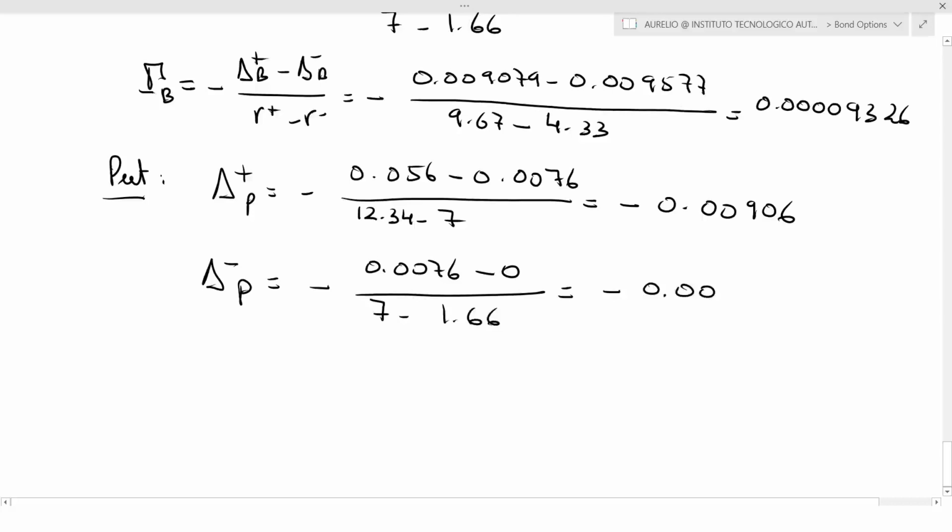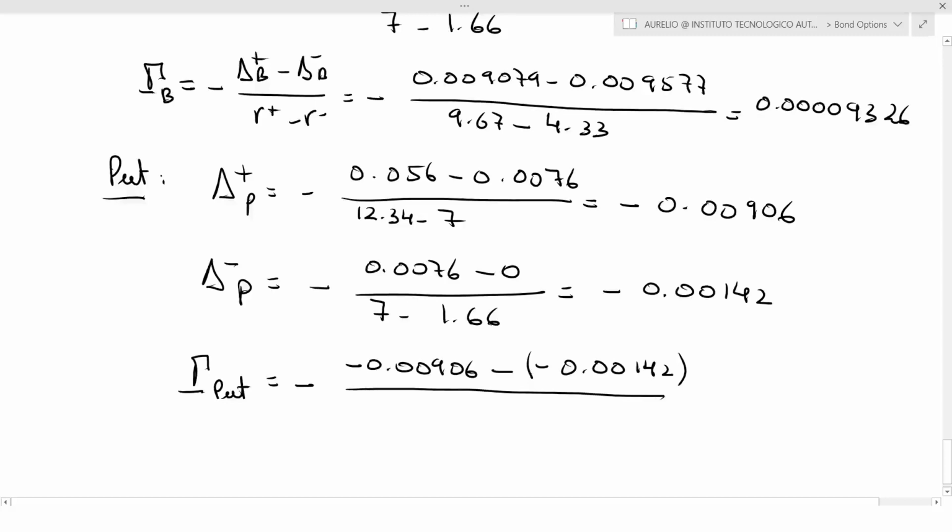minus 0.00142. So finally, the gamma of the put is going to be equal to minus (the delta plus of the put, which is minus 0.00906, minus, and then minus again 0.00142, this is the delta in the down scenario) over (9.67 minus 4.33), and this is equal to